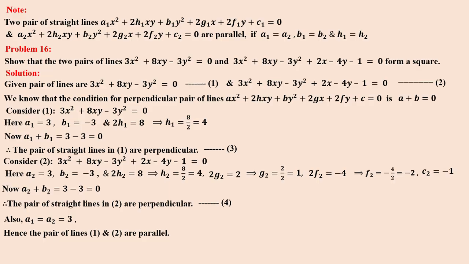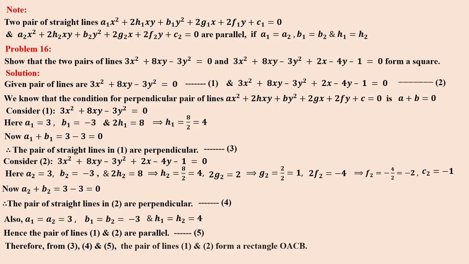So a1 a2 equal, right, and h1 h2 equal, b1 b2 equal. So therefore 1 and 2 are parallel, right? That result is equation 5. From 3, 4 and 5 the pair of lines 1 and 2 form a rectangle, because in each pair both straight lines inside the pair,